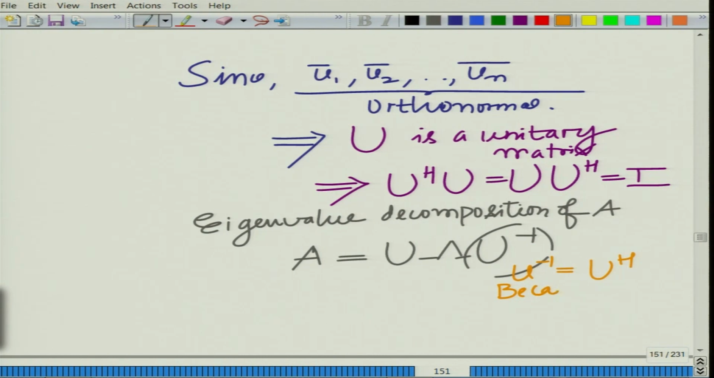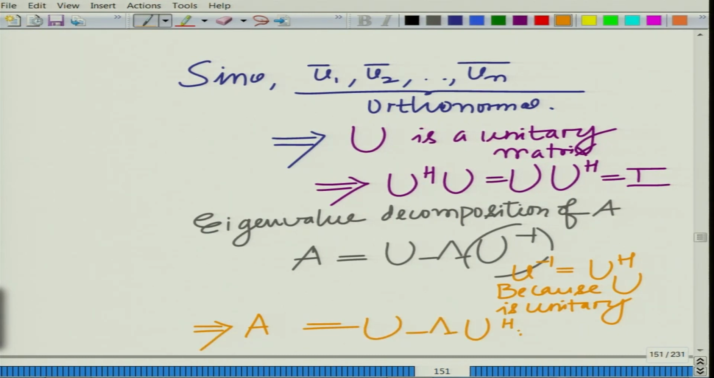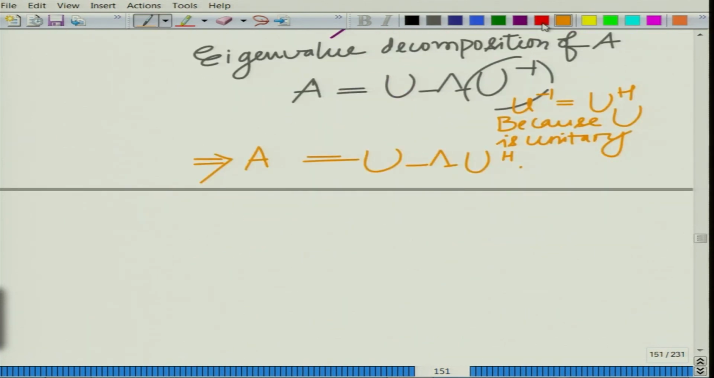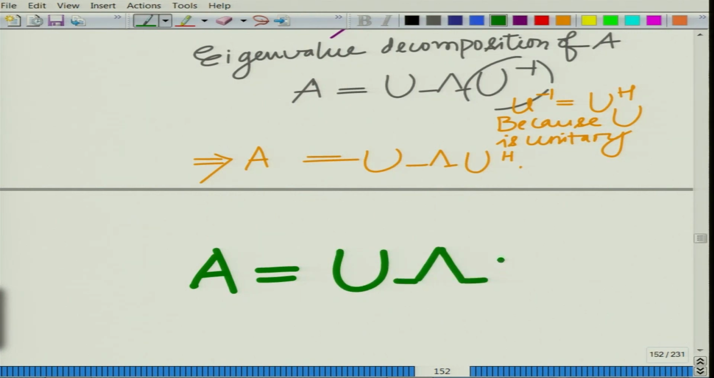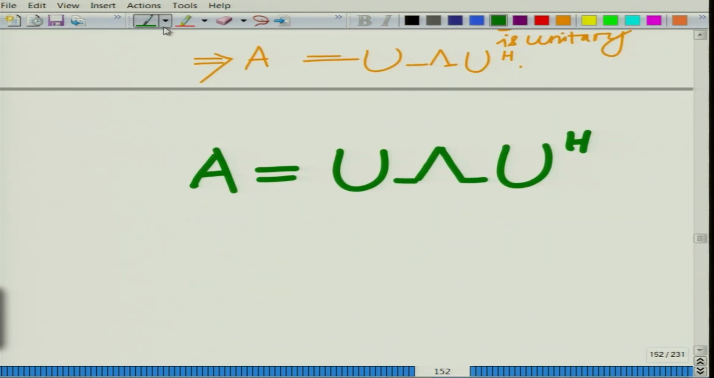Because U is unitary, this implies A equals U lambda U Hermitian. This is the interesting property for a PSD matrix: A equals U lambda U Hermitian. So, the U inverse becomes U Hermitian. This is essentially the EVD, or what we call the eigenvalue decomposition,